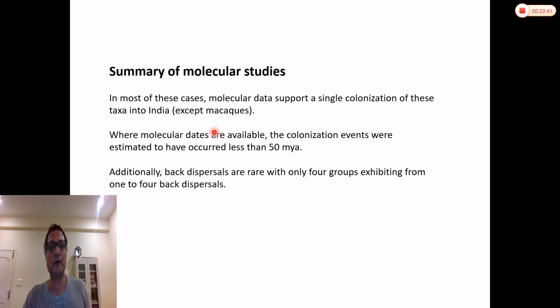Where molecular dates are available, the colonization event has been more recent, within the last 50 million years. So that's been post India's collision with Asia. That's when these elements began to come into India. Back dispersals are rare, with only 4 groups exhibiting back dispersals. So, this again goes to prove the point that India has been quite isolated,